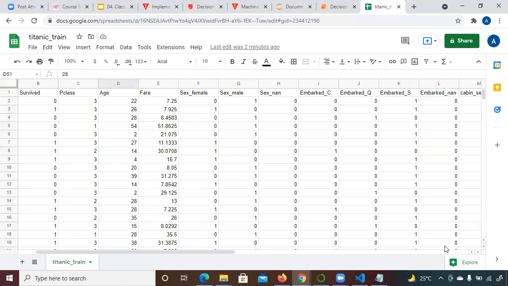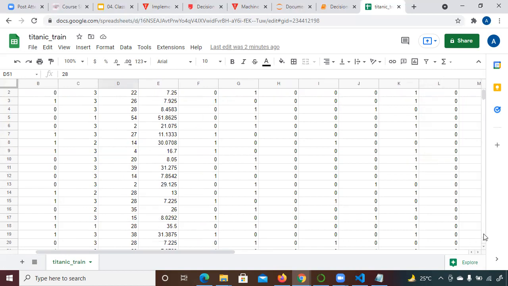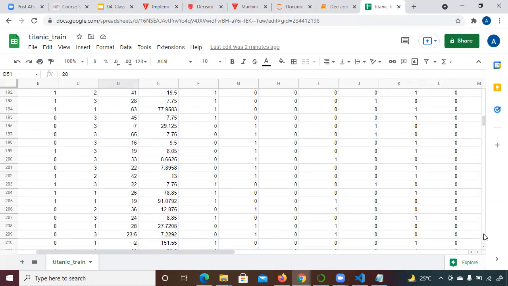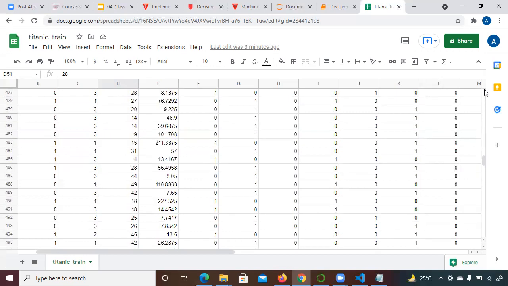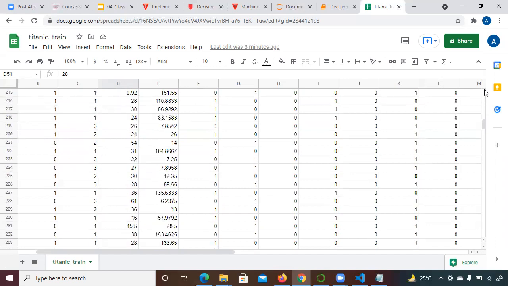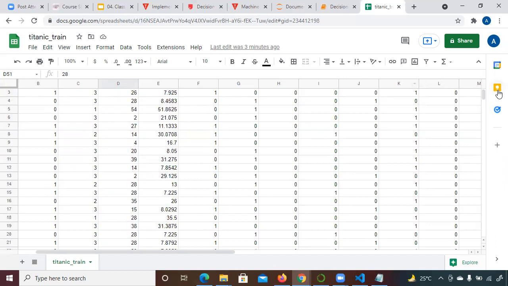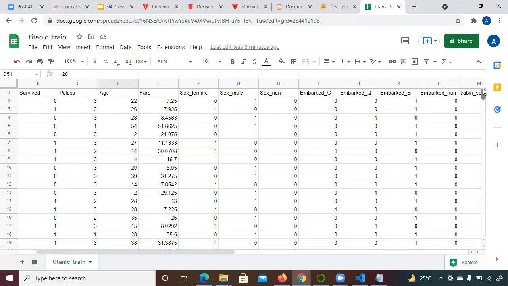Or there might be nothing present. Now it can come false or true. So there all are true. Wherever age null was true, it means that the column doesn't have a value. I replaced it with a random value there. That's why now each column has a value. This is my target variable, and the rest are my input variables.